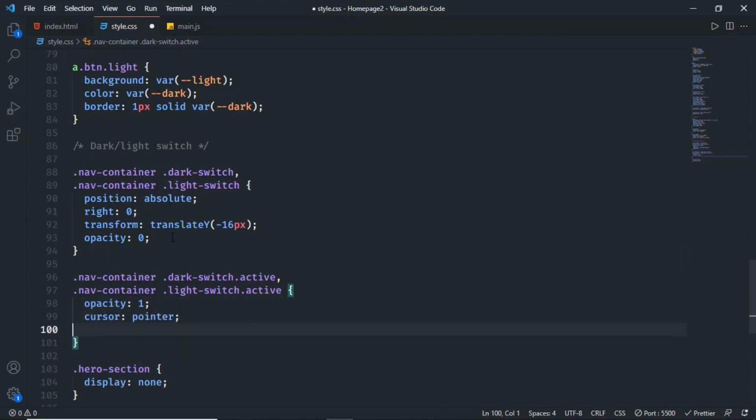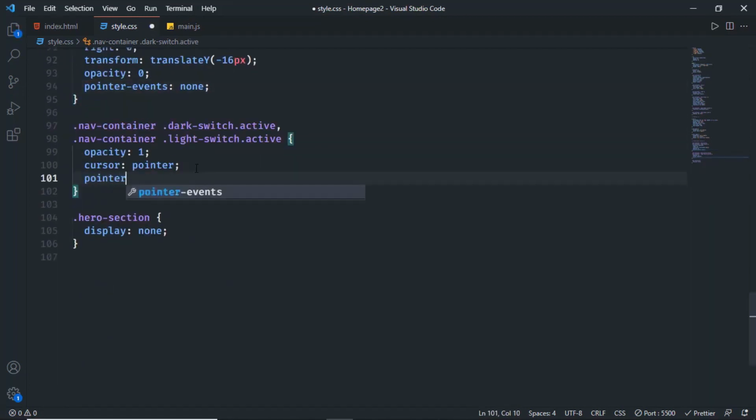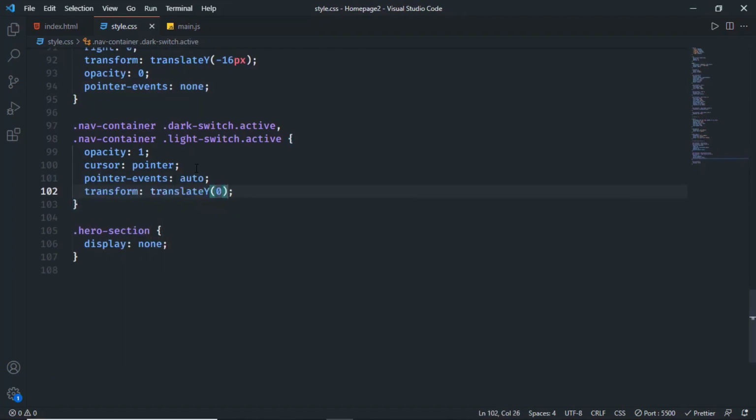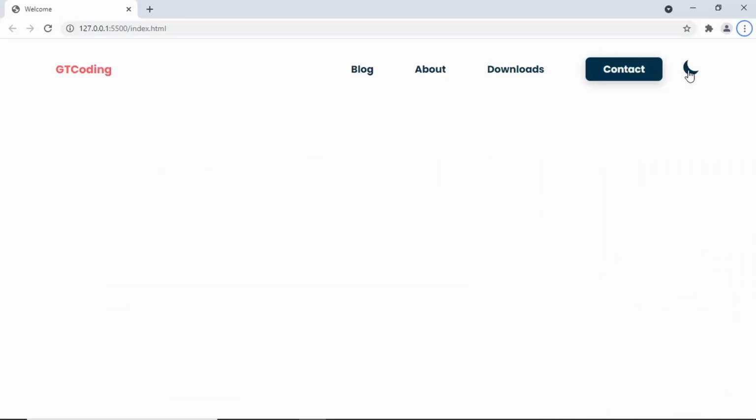And when we don't have the active class, we'll also remove the pointer events. So I'll just type pointer events to none, so that we won't be able to interact with the element when there is no active class. Here we need to set the pointer events back to auto, and we'll set the transform translate y back to 0. Right now if we go back to our website, we can see that the dark switch is being displayed